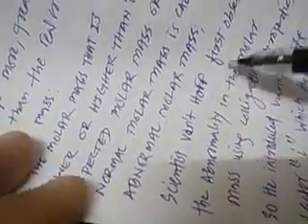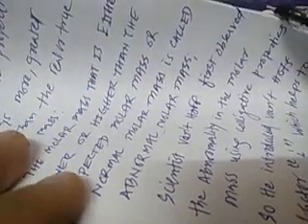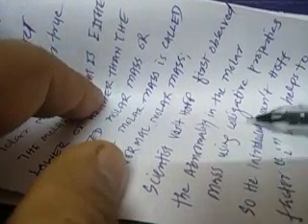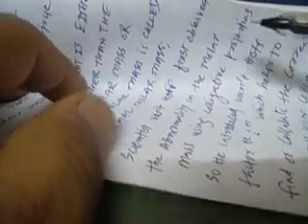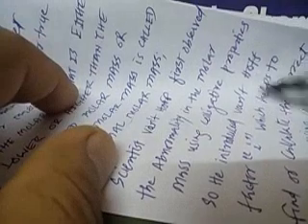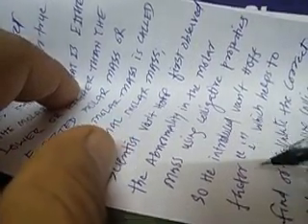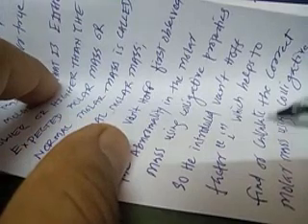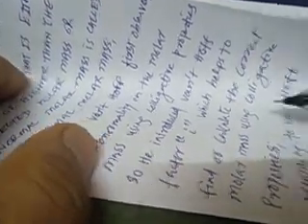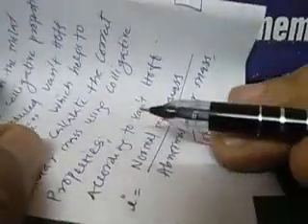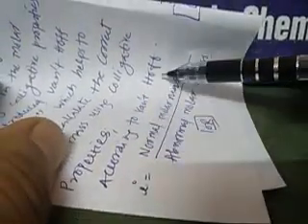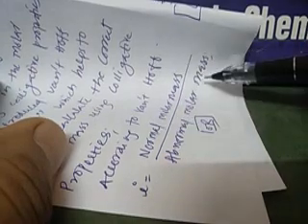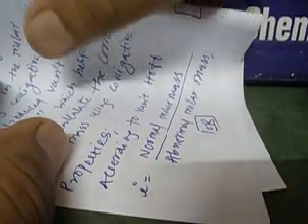The scientist Van 't Hoff first observed the abnormality in the molar mass using the colligative properties. So he introduced the Van 't Hoff factor, which is known as i, which helps to calculate the correct molar mass using colligative properties. According to the Van 't Hoff factor, i is equal to normal molar mass divided by abnormal molar mass.